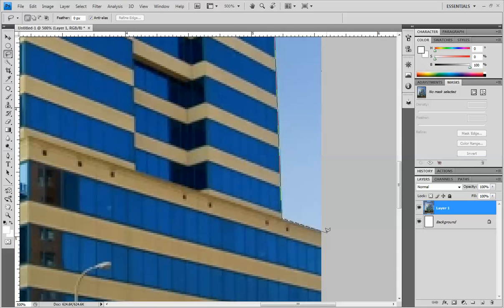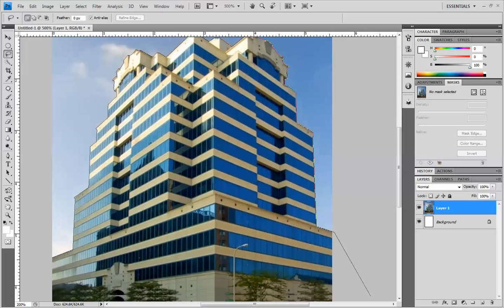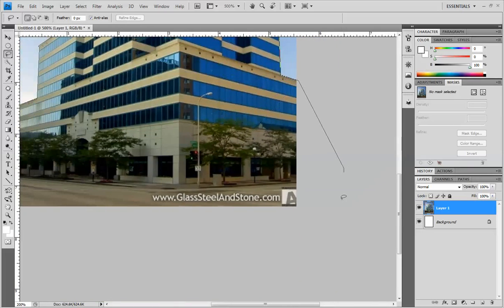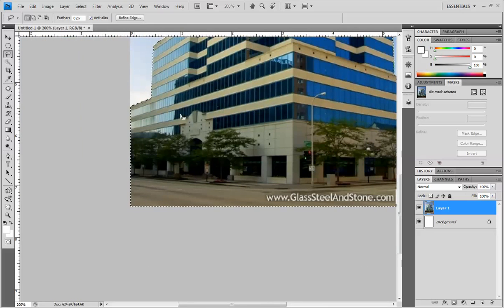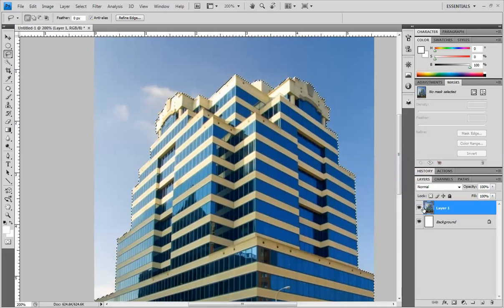And there we go. Now I'm going to zoom out, hitting my minus key on my keyboard. And so there I go. I'm pretty much done. Now I'm just going to click and drag, and I'm going to close off my selection, and there we go. That's it. I mean, fairly simple, fairly quick. It did take a little bit of time, and you could take more time if you want to